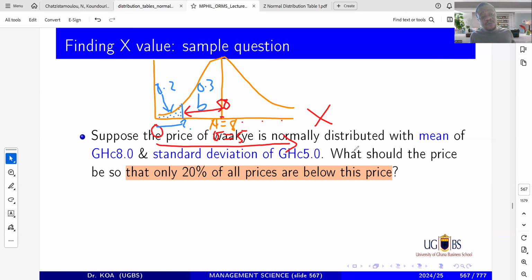Because when you were reading to find x, which is what we are looking for, you will normally pass 0.3 before you get to that section and then find the value of x. It is a 0.3 you normally read from the table to get a p, and it's not a 0.2. The 0.2 is normally when you have read, then you subtract, then you get it. So now we are looking for 0.3. That 0.3 is a probability. So the probability now is 0.3.